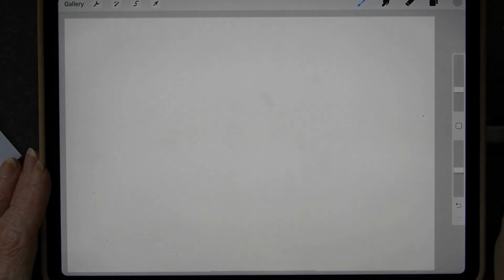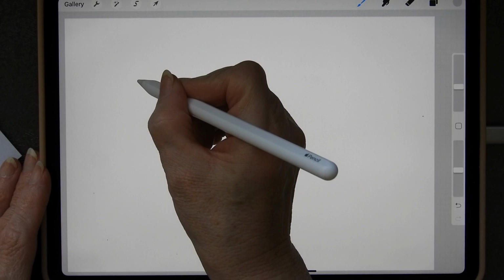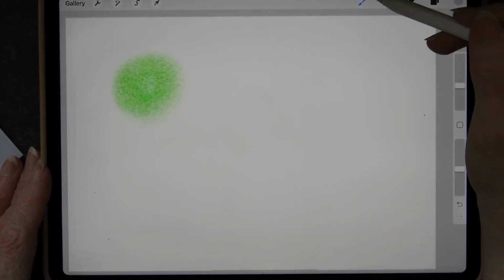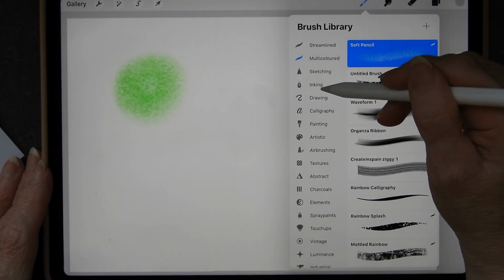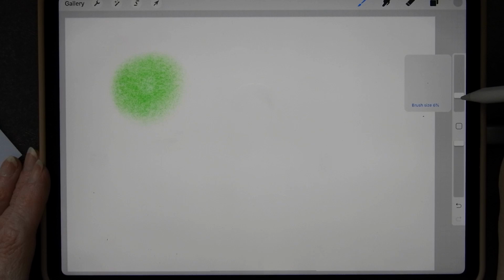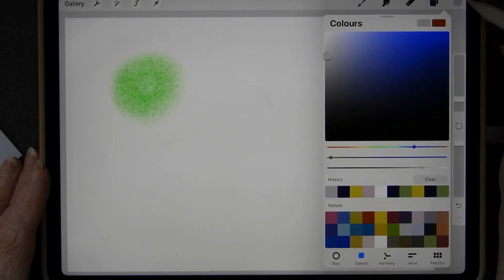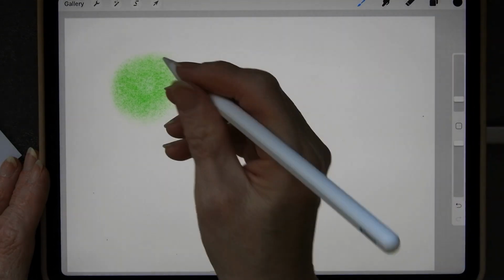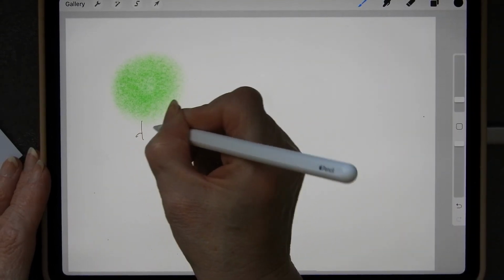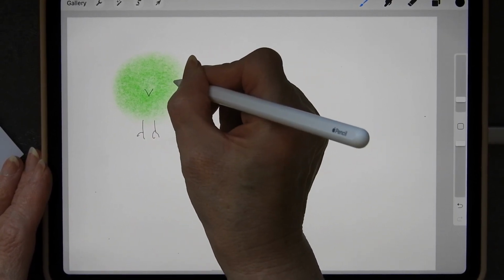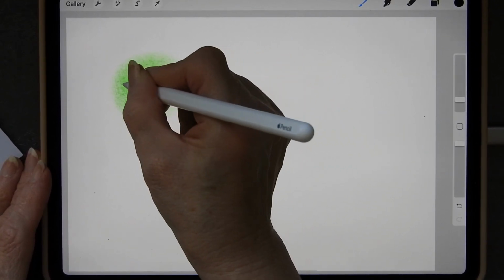And if I want to do something with this, I would have fun doing some doodles, for example. Do that and go back into inking, pick my technical pen, make it relatively small. I'll make it darker though so you can actually see it. And so I'm going to put some little feet on here. I'm going to put a beak on, and I'm going to put some wings in,